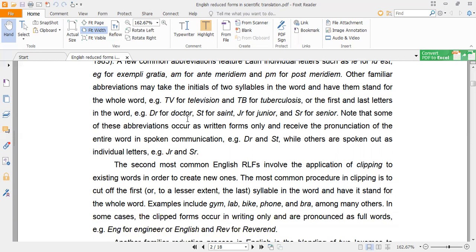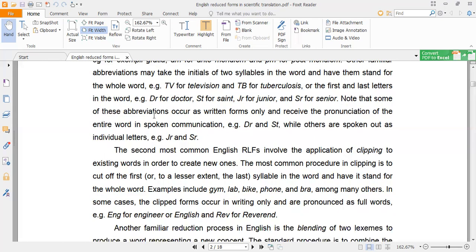Also, some abbreviations are formed by taking the first and the last letter of the word. For example, Dr, doctor, St, saint, Jr, junior, Sr, senior. Actually, these are written, but they can't be pronounced as they are. So, doctor, in this example,